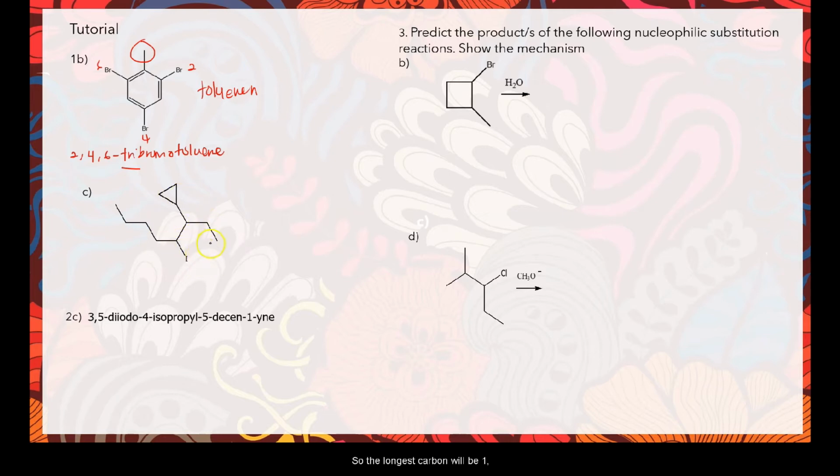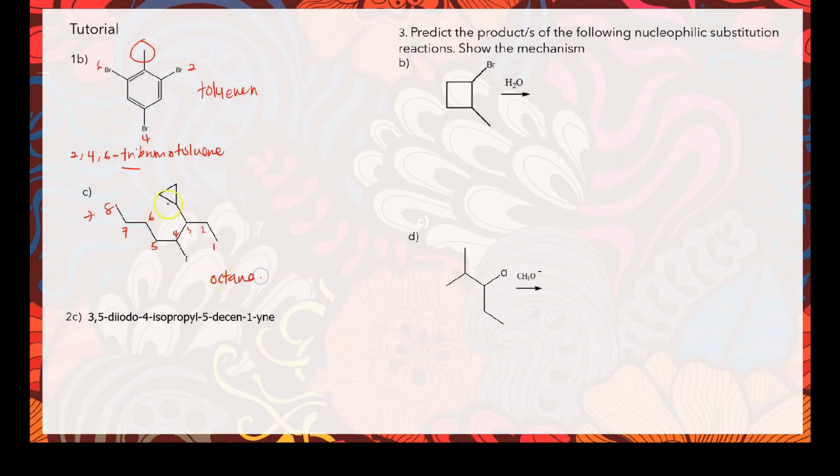The longest chain will be 1, 2, 3, 4, 5, 6, 7, and 8. Why didn't I start counting carbon number 1 from here? This is because when I start from here, the substituents will get the higher numbers. Then based on the 8 carbons, the parent name can be named as